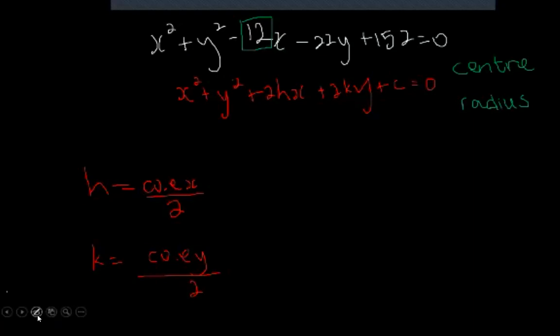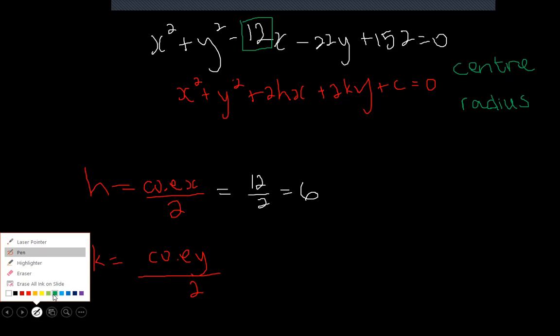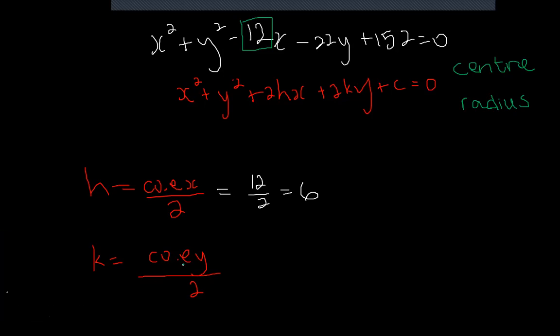So we substitute 12 divided by 2, which is 6. So h is equal to 6. k is the coefficient of y divided by 2. Coefficient of y is the number that comes